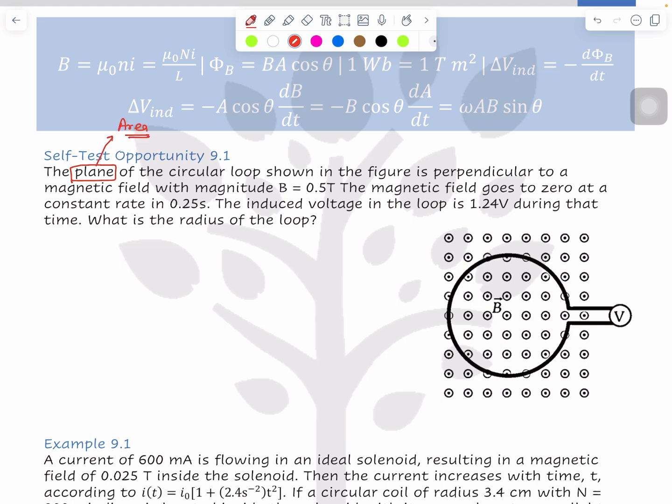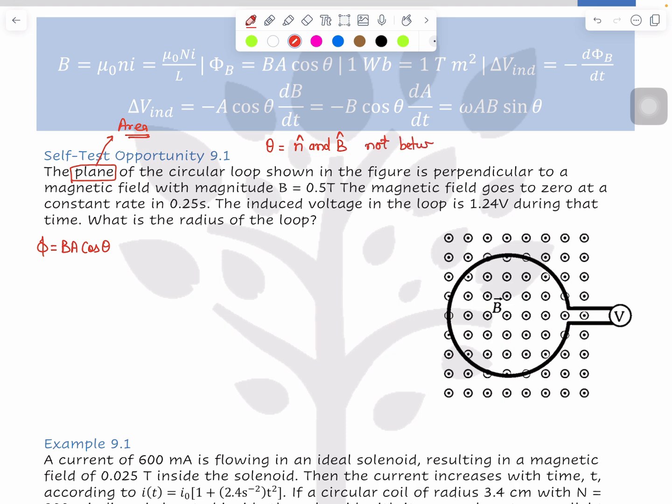If you remember, I told you flux is equal to BA cos of theta, and I told you there is a scalar quantity and a vector quantity. So whenever we are checking the angle theta, it is between n cap and A cap, yes or no? Or n cap and B cap, n cap and B cap,